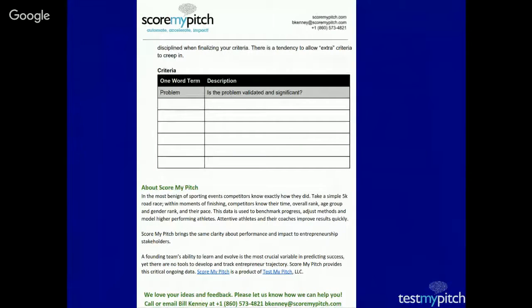Ultimately, with the worksheet, based on the brainstorming you've done and whatever maximum number of criteria you want, you identify the criteria that you want to use for this first use case.